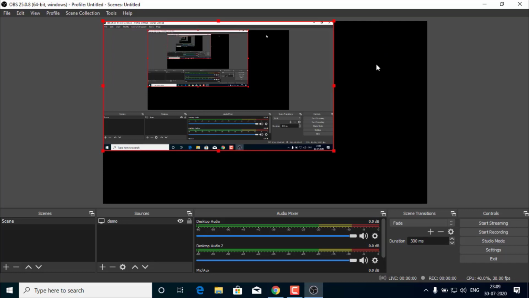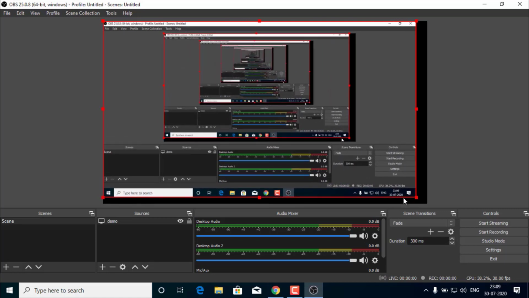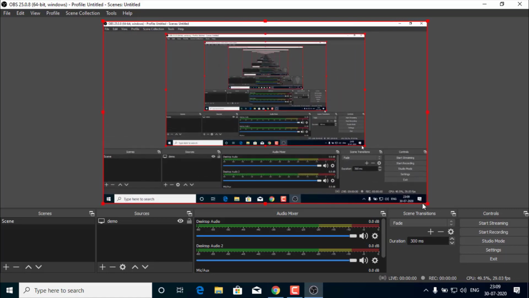That means the remaining black area will be empty after your recording. Suppose you want to record the entire screen, you have to click at the right corner and drag it till it occupies the entire black space. Now we have selected the area of the entire screen to record.